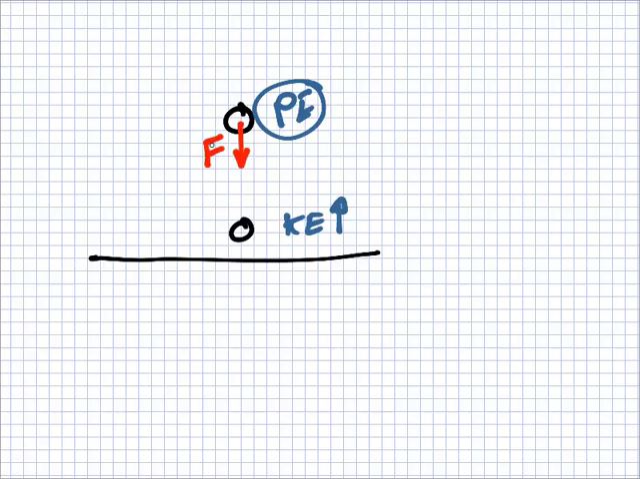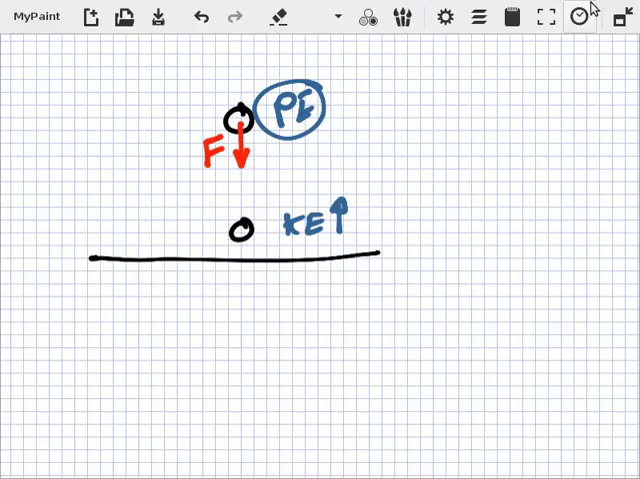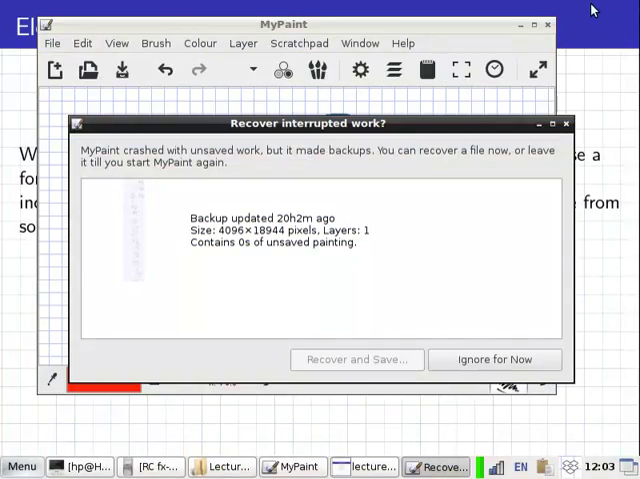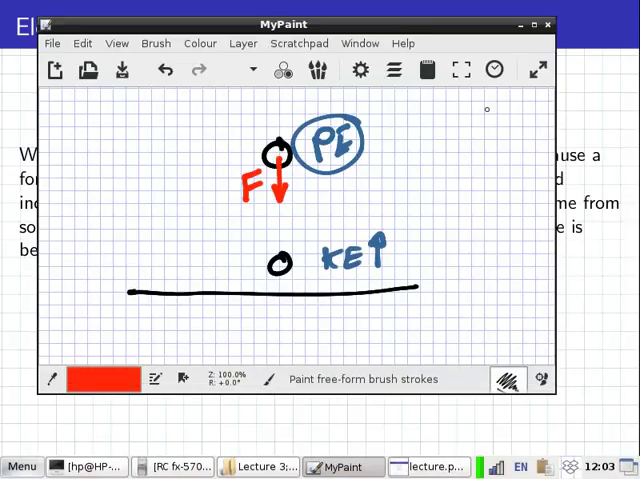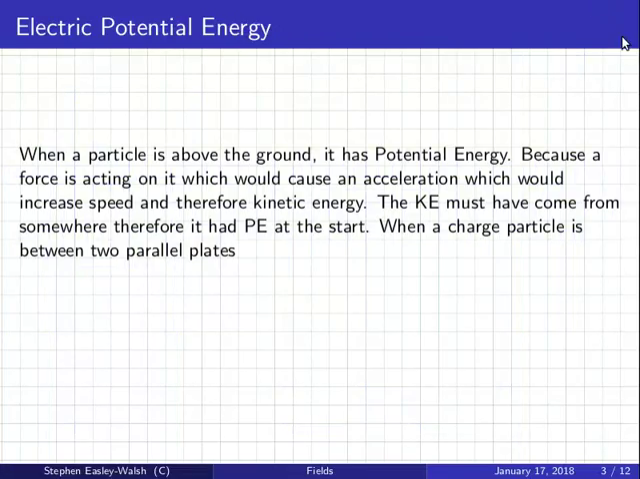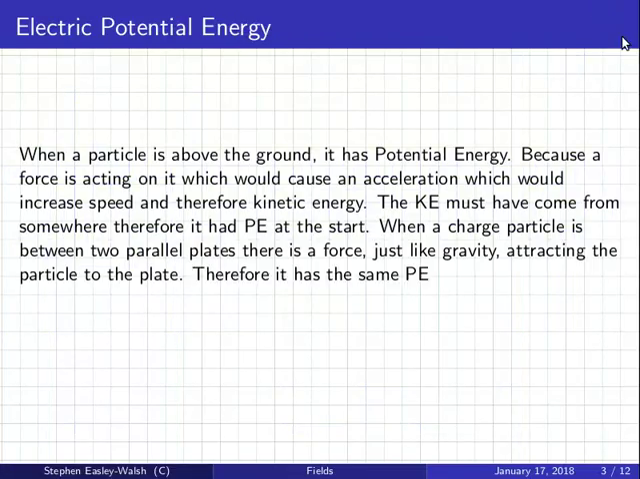Because a force, like here, as I start, I'm given this kinetic energy. So the force means there must be a potential energy as soon as the force appears. So like here, now it has potential, because if I let go, the force will bring it down, causing it to accelerate and gain kinetic energy. In other words, if you have a force, then you have a potential energy at the same time. And that's true for fields as well. So if you think about it,